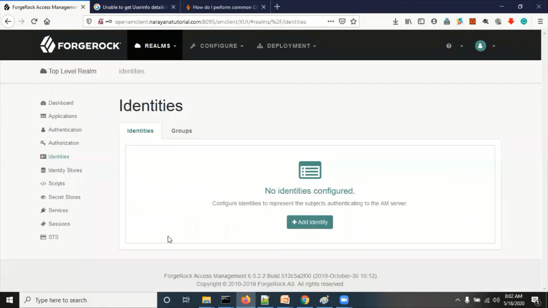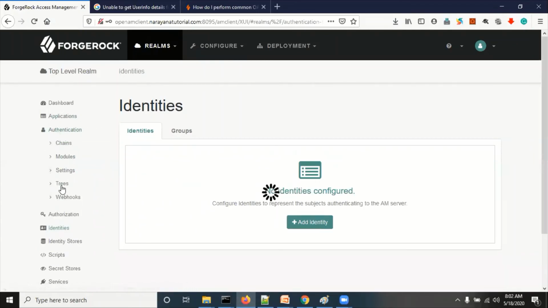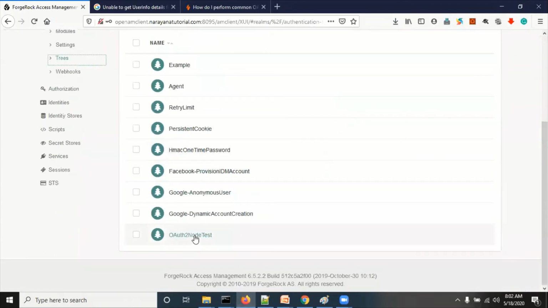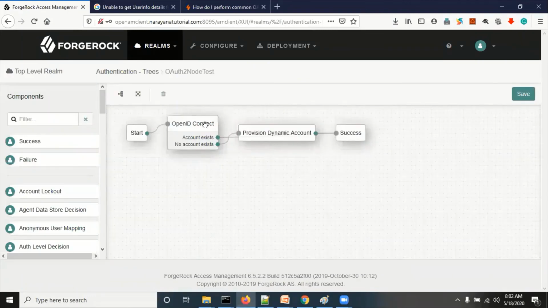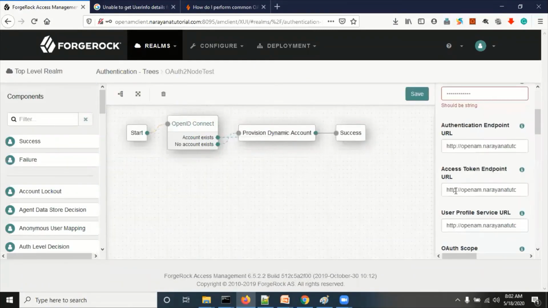So in the client application trees, what to notice: we have configured the access token endpoint wrongly. Previously I had given authorize; now I have given the correct one, access_token. All these URLs I will give in the description, so you can use them without any mistake.